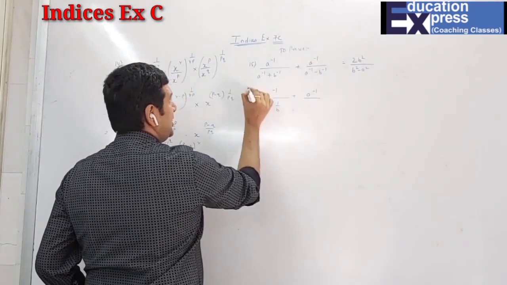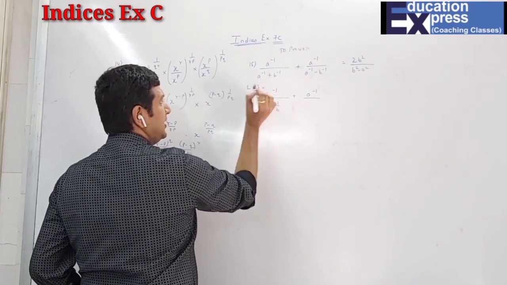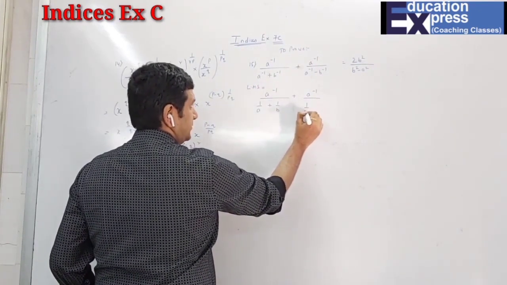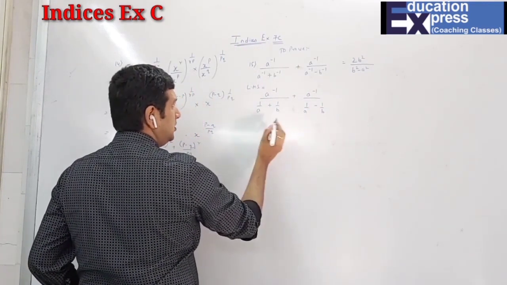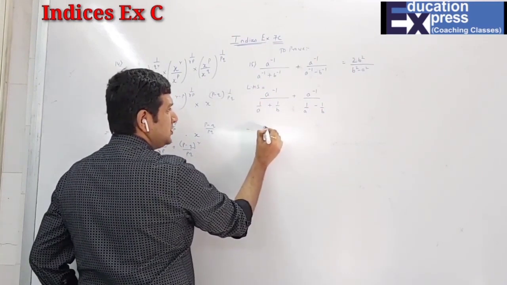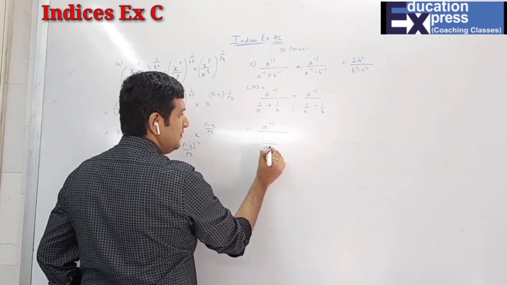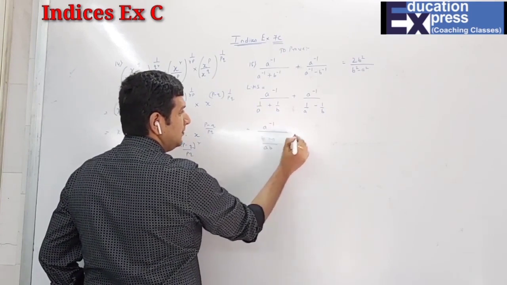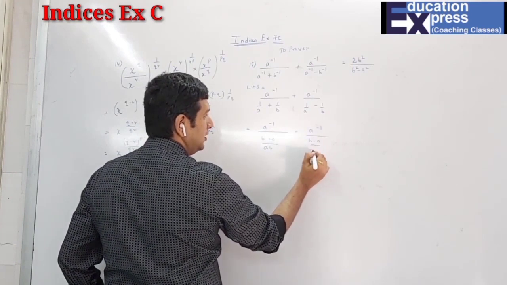So this is your LHS, left hand side. We are just writing first the left hand side over here. 1 upon A, 1 upon B. So here, till here any problem? Now A raised to minus 1. In the denominator we have LCM as AB. So B plus A. And here A raised to minus 1, B minus A, AB.